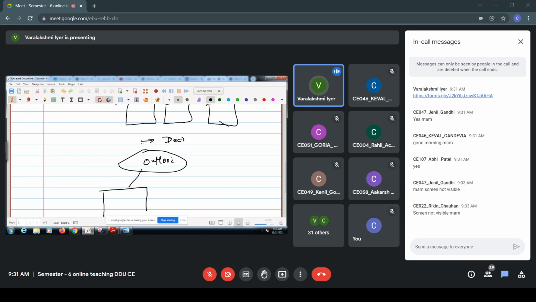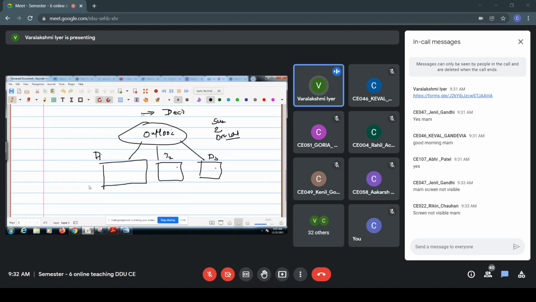So what will happen is you will create one data set D1, data set D2, and data set D3. Right? For example, you are splitting on an attribute outlook. So based on this, for different values of outlook, we'll be creating three branches. For example, outlook has three values: sunny, rainy, and overcast. These three are the values that outlook can take. So we'll be creating three branches, and each of these branches will be a subset of the original data set D.